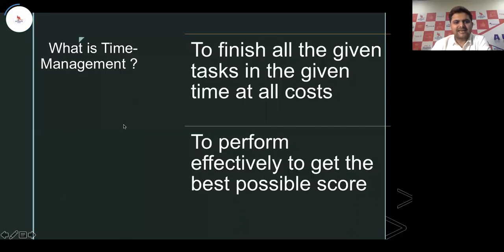what exactly is time management in the listening section, or as a matter of fact, what exactly is time management? Is it finishing all the tasks in the given time at all costs? Which means, do you need to finish each and every task of the listening section, no matter how you performed? Is that what time management means, or does time management mean to perform effectively to get the